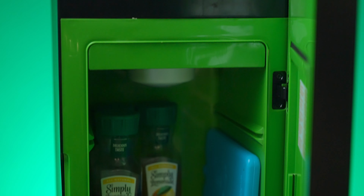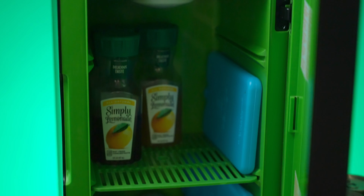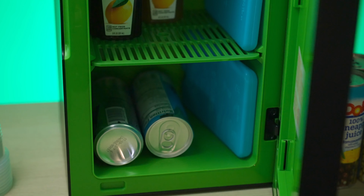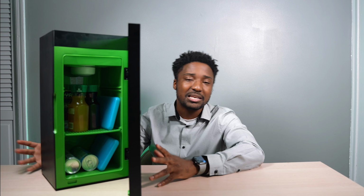And this goes without saying, the fridge is pretty small. Yes, this is a mini refrigerator, but you can only store up to 12 cans here. And it's not the biggest deal breaker. Now, I know this is just a meme thing, a collector's item, cool. But all of that stuff aside, meme aside, jokes aside, you might really want a mini refrigerator in your man